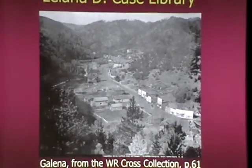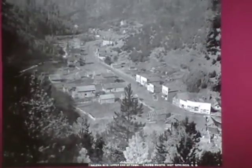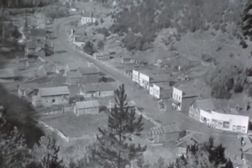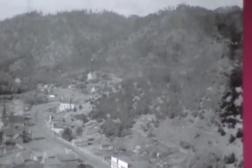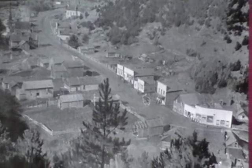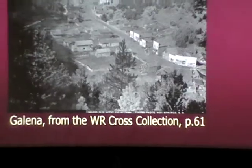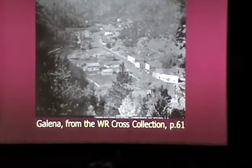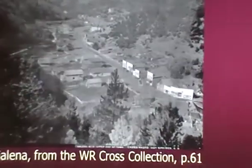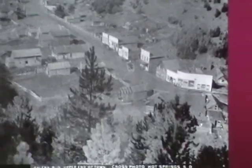And Galena, this is the one town that I actually did get to visit while we were doing this. I still have a list of towns I have to work on and see. It shows the whole Main Street from an elevated view of it. One interesting structure that you hear about from some of the folks who do tours down there is that corner store that has sort of a round front that goes along the way. It's hard to see it on here, but